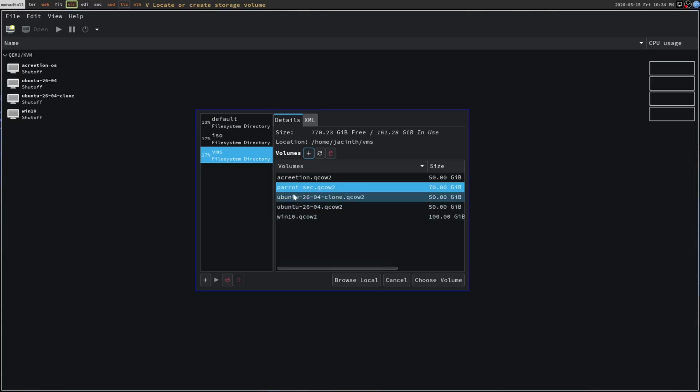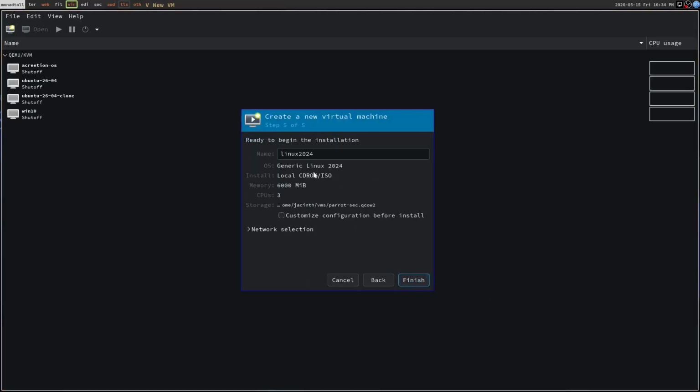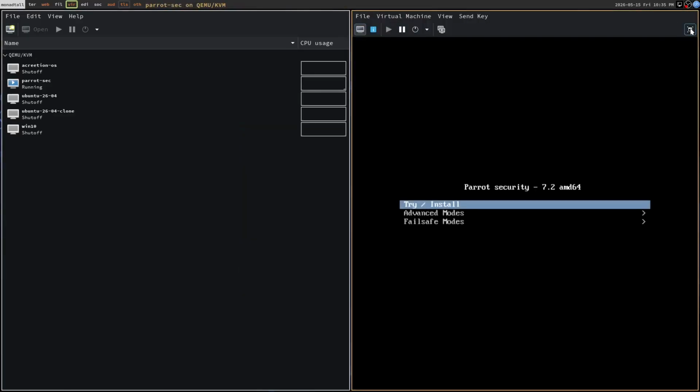The storage volume has been created. It has been selected as well. So let's choose volume. Let's go forward. Name of the virtual machine, let's again name it Parrot-sec. And if you want to do any more customizations to this virtual machine, you may check this box. I don't want to do any more customization, so I am just going to click on finish and it should